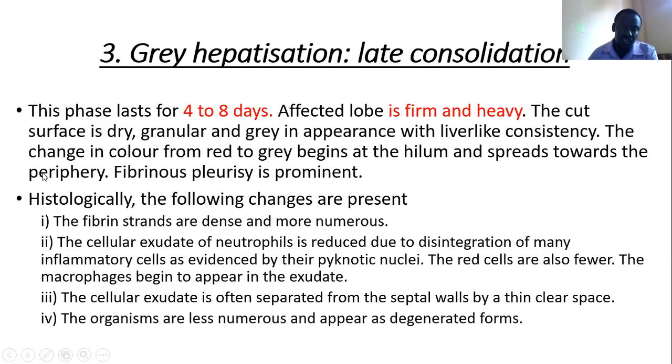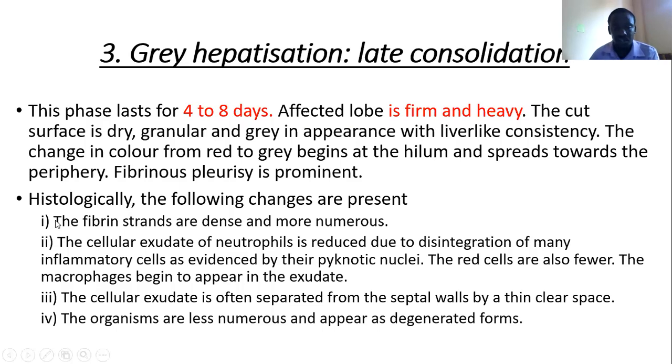So histologically, the fibrin strands are dense and more numerous. So it is simply a continuation of the previous. At red hepatization, the edema fluid was being changed to fibrin strands, replacing the edema fluid. Here the fibrin strands become more dense and more numerous. And the cellular exudate of neutrophils is now reduced